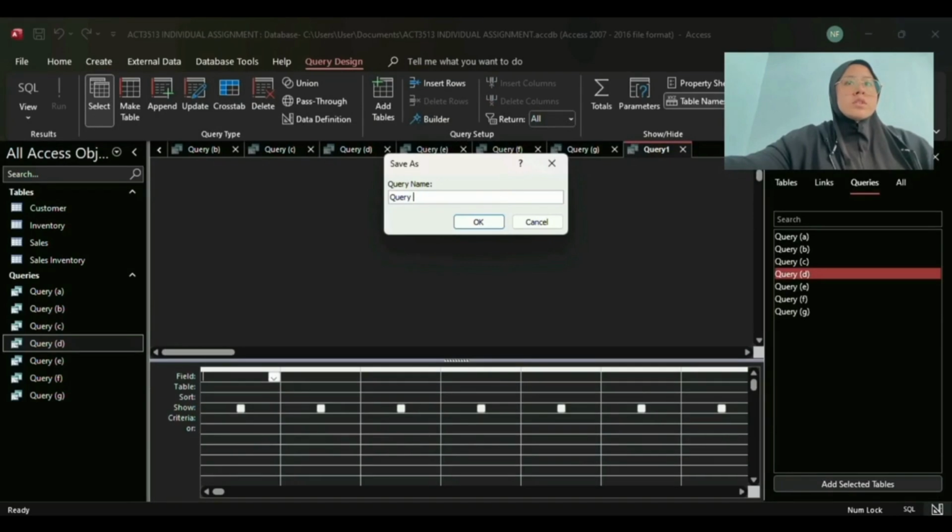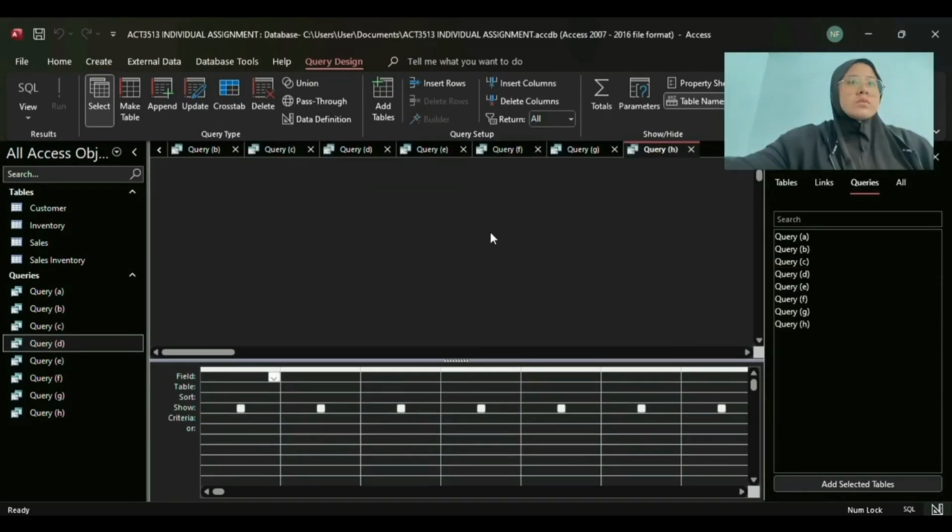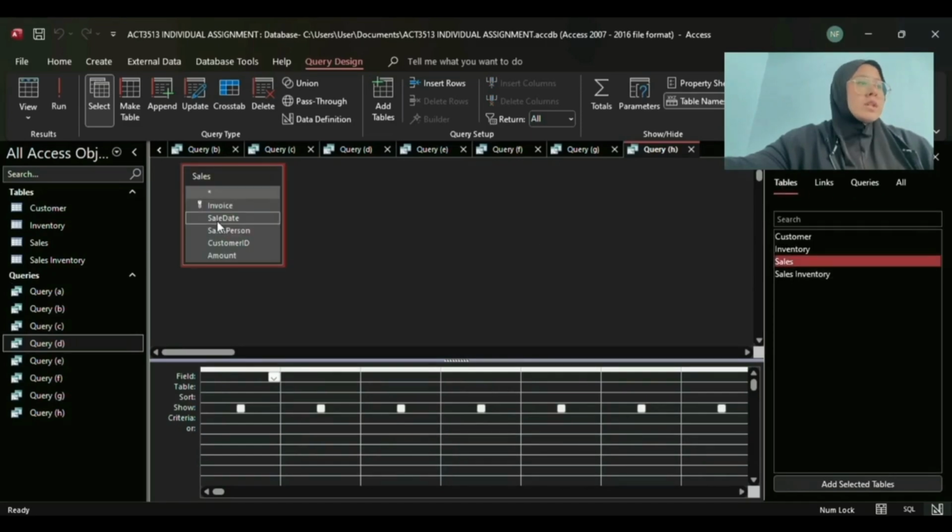Query design, change the name to query H. The question: how many sales transactions were made in October? Name your output column number of sales. We need to use only the sales table, and we choose sale date. For the date, the criteria must be between